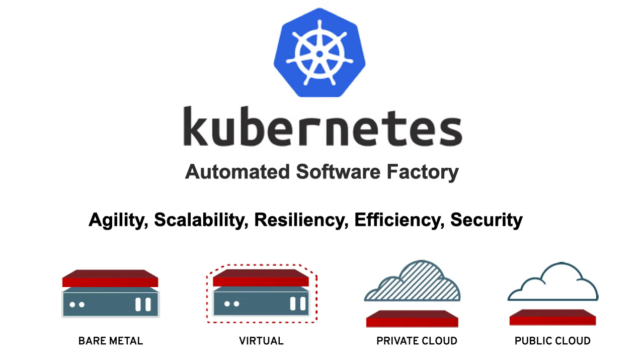And from a technology perspective, Kubernetes is increasingly becoming a key ingredient of that because it was designed as an orchestration engine to really accelerate innovation, accelerate delivery of new software, and be able to operate that at scale across any provider, whether it's bare metal, virtual, private, or public cloud. And you get all those things that you need to move fast, like the ability to quickly respond and adjust accordingly, ability to scale up, scale down, to be able to recover quickly,